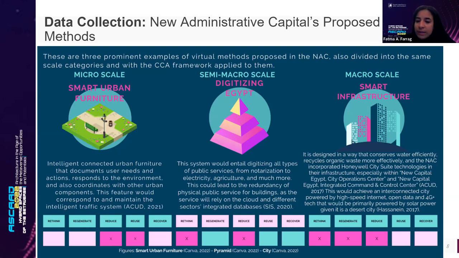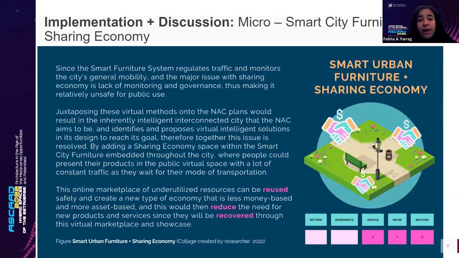This would achieve an interconnected city powered by high-speed internet, open data, and 4G tech that would be primarily powered by solar power, given it's a desert city. And it checks the rethink, regenerate, and reduce strategies in the CCA. And then as for the implementation and discussion, we're going to combine